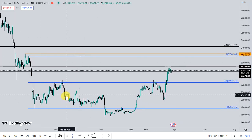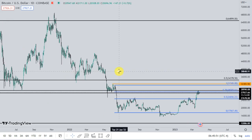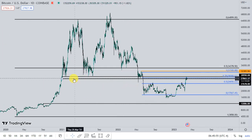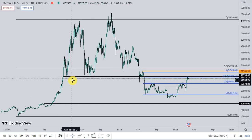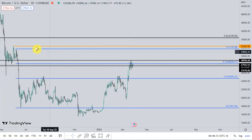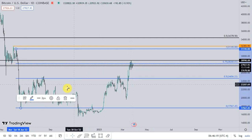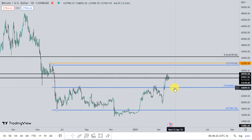and here you can see that if we take the quarterly of this range, which is this level, we are in an important resistance area according to different perspectives. Like this was yearly open and yearly low of 21, and we have a bearish order block here on the weekly, as well as the quarterly of this swing. So this quarterly is also an important resistance area, but for now I remove this quarterly line and will take this. So if price rejects, the next objective will be this mid-range around 25k, and after that we can target